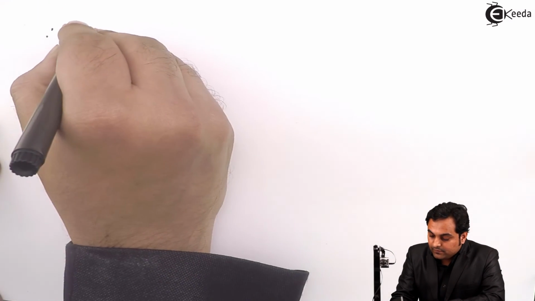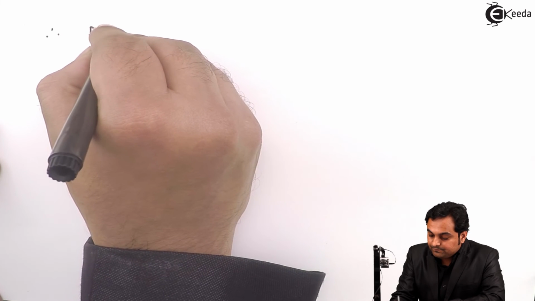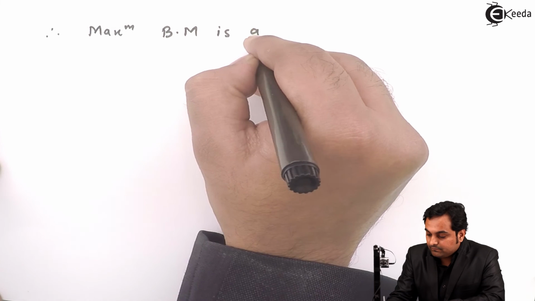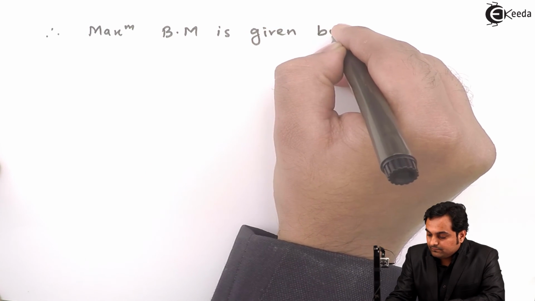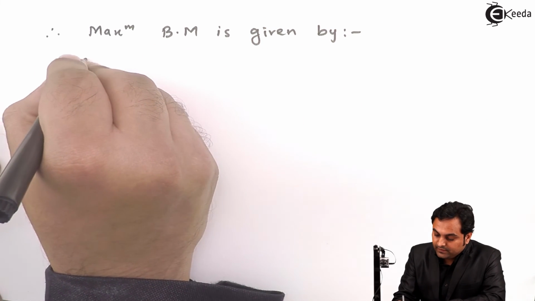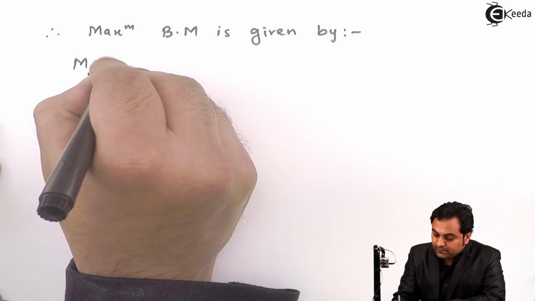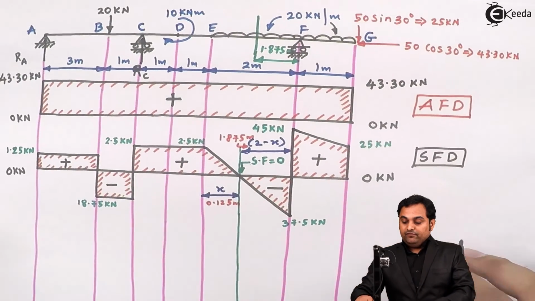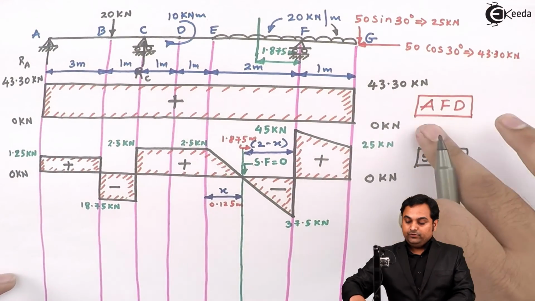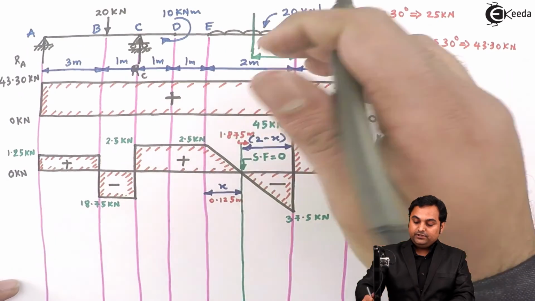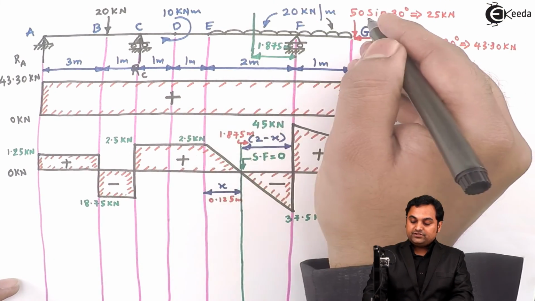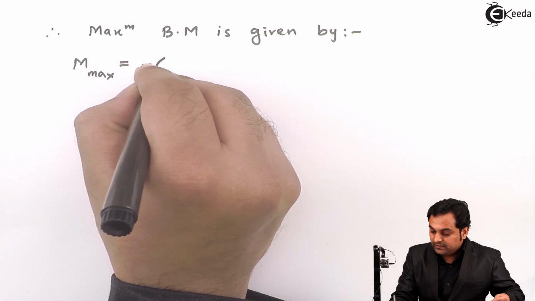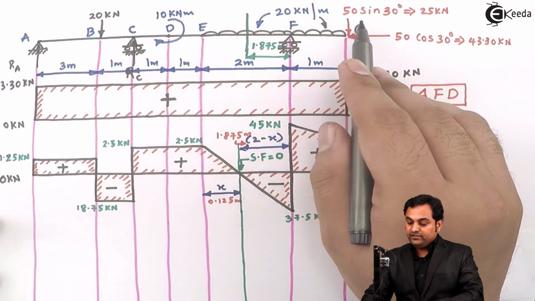Therefore, maximum bending moment is given by M max is equal to, here if we see 50 sine 30, that is 25 kilonewton, is producing clockwise moment, so it is on the right hand side of the section. So clockwise on the right hand side is negative, so minus, I'll directly write the value of 50 sine 30,